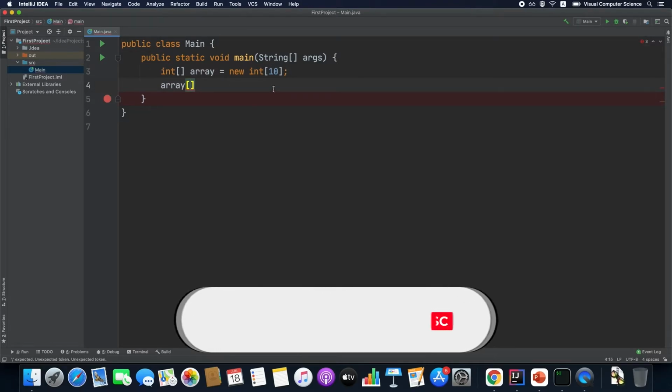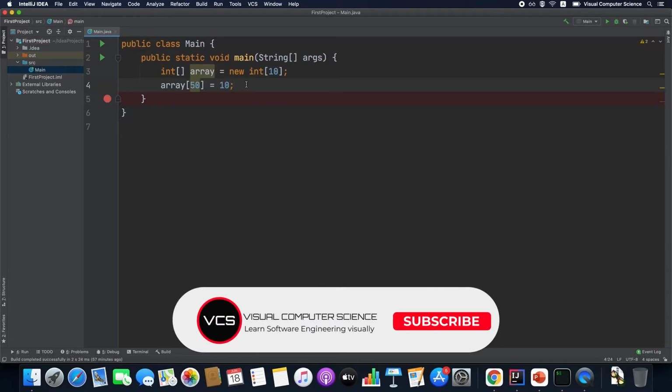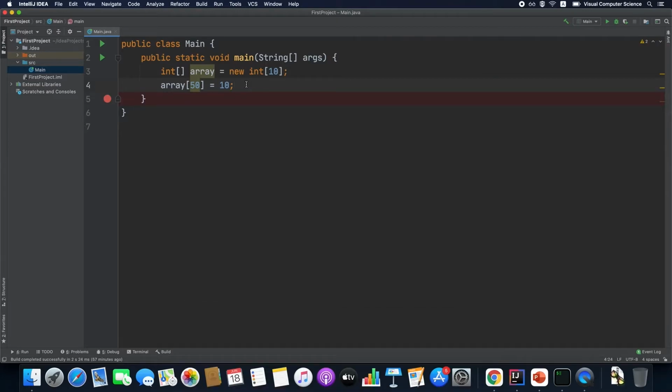Let's say on the location 50. Of course, this is not compliant to the semantics of the Java language and also with the semantics of any other language basically, because this location here is not allocated in that array of integers. So for that reason, the JVM has to signal the fact that you're trying to do something illegal, right? And it does that by throwing an exception.